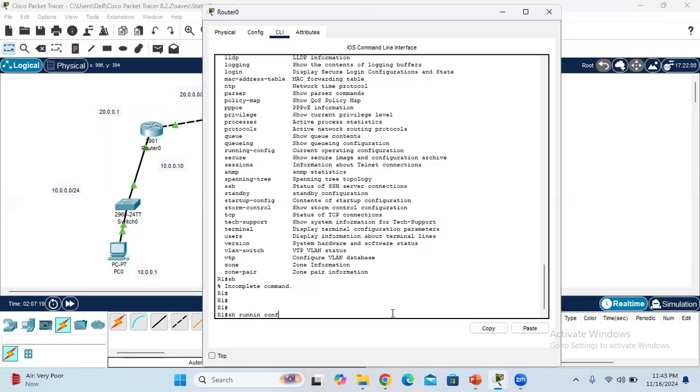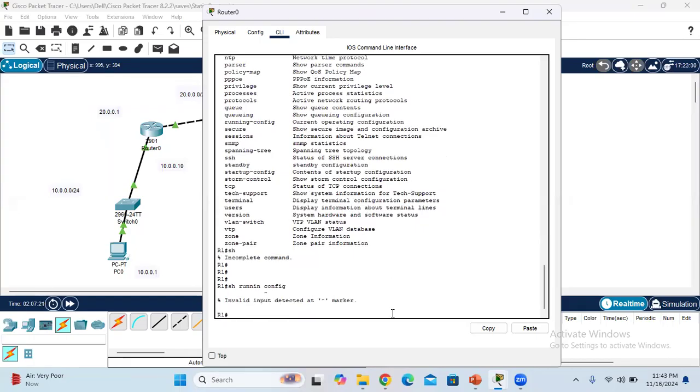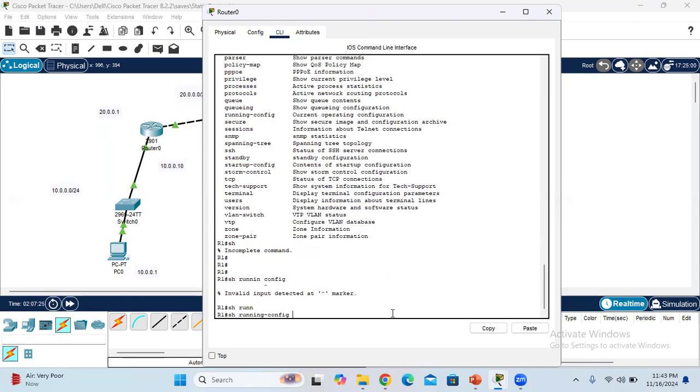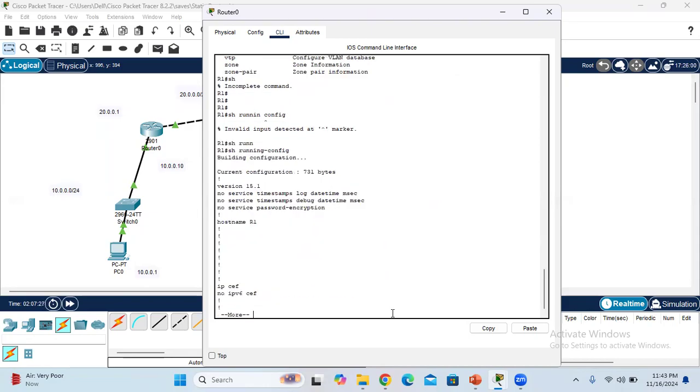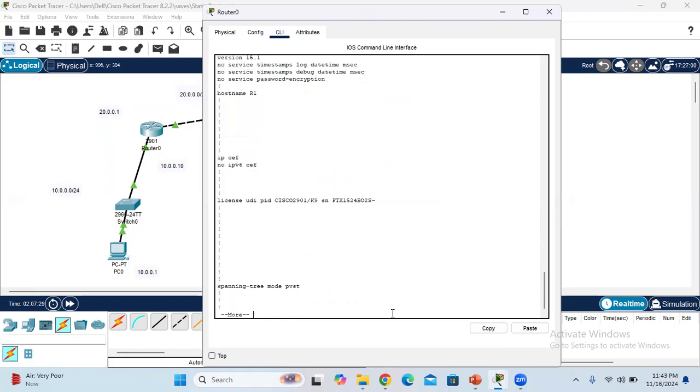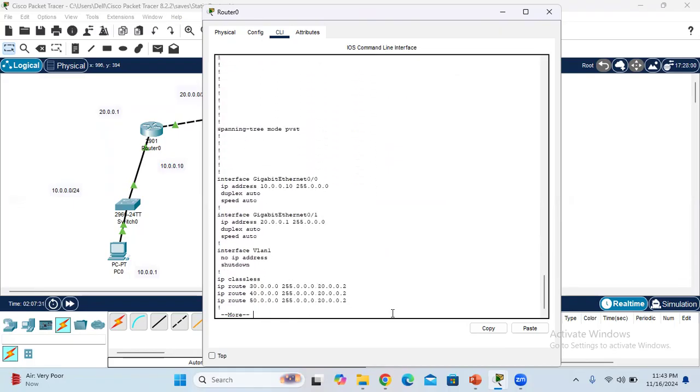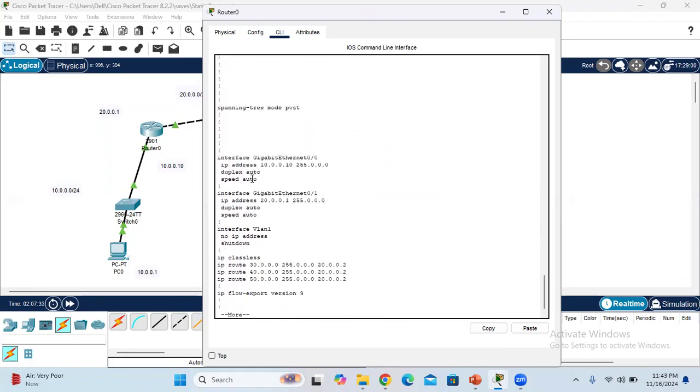We can check here; we'll get all the configuration we did. Now we have the IP address and we have the IP route for this one, the 30.30.0.0 routing information we have,